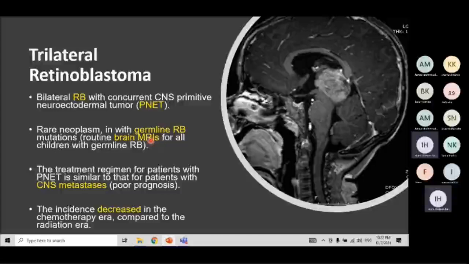They are usually diagnosed with a brain MRI. So when you send the patient to have an MRI and you mention that he or she has a retinoblastoma, usually they do an MRI head as well to check if they have something like that or not. Okay, we don't see it frequently now in comparison to the old age, in which the irradiation was the main therapy, because the irradiation itself could cause a second hit of the retinoblastoma gene, of the tumor suppressor gene. Now, because we use chemotherapy, we don't see it frequently.